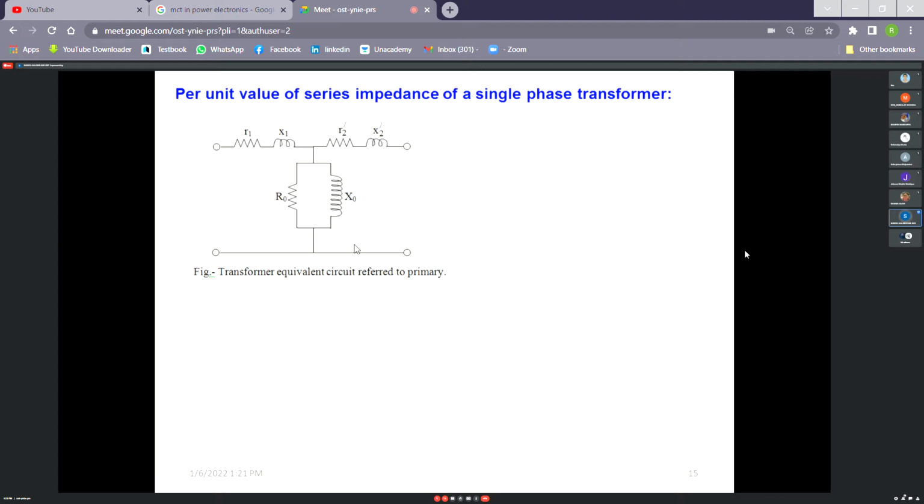So for that reason, you know that when the transformer is loaded, the no load current is negligible, 2 to 4% as compared to its rated current, or as compared to its full load current also it will be negligible. So for that reason, we generally do not consider the shunt branch, when we analyze the presence of a transformer in a power system.